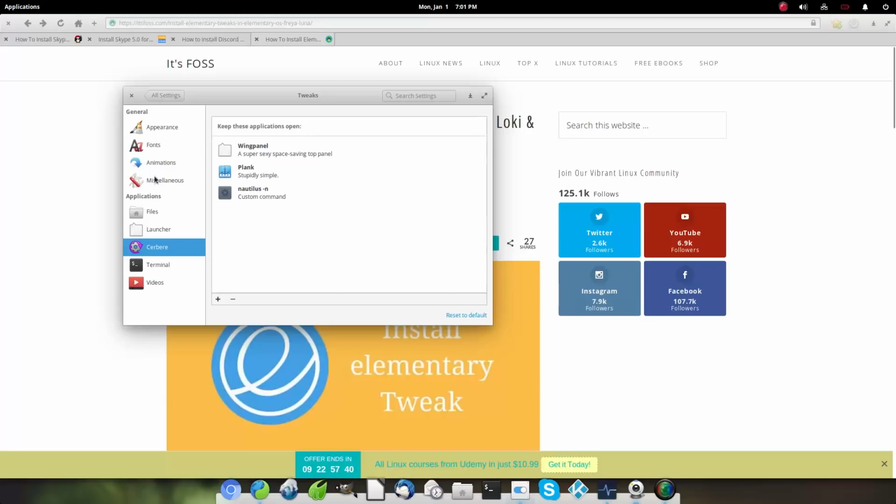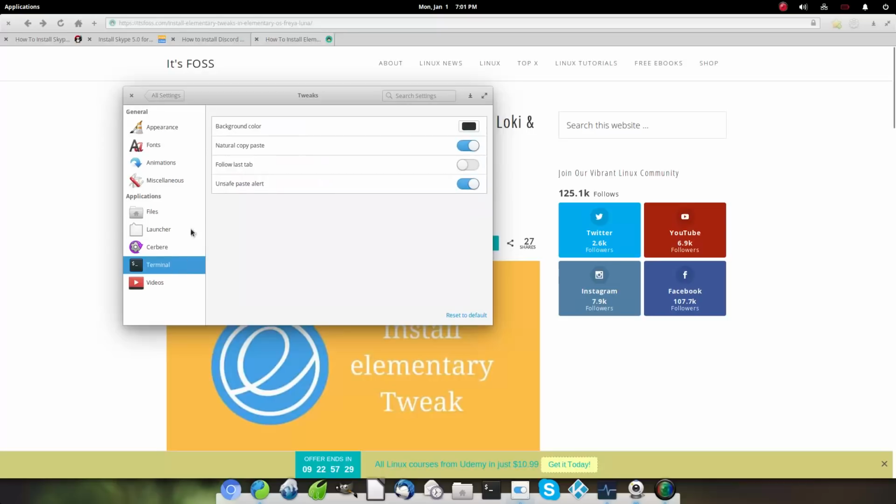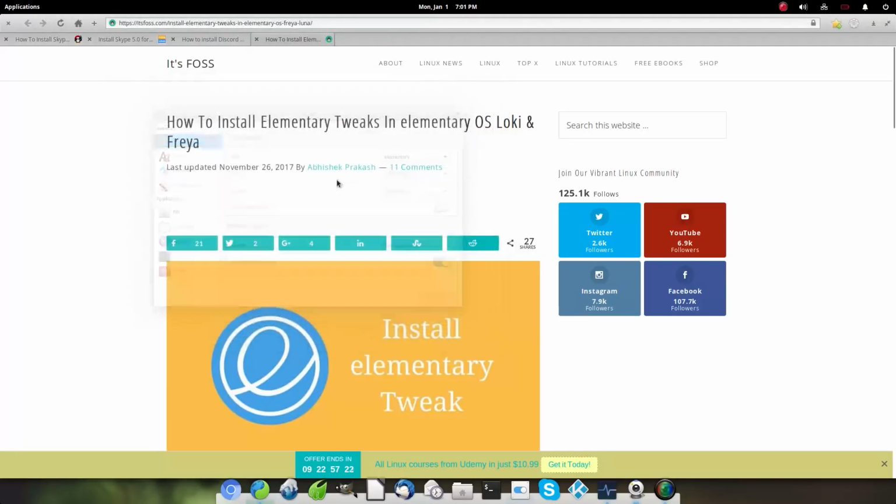There's your launchers. So here is actually, this is the command. So I guess you could actually install the command here, but you have to have Nautilus installed, I think, to have the desktop. This is what enabled me to install the desktop icons. The terminal, you can adjust some of those, and here's the video applications. That's all the tweak tool allows us to do. So even with the tweak tool, it still gives us less customizability than most systems.